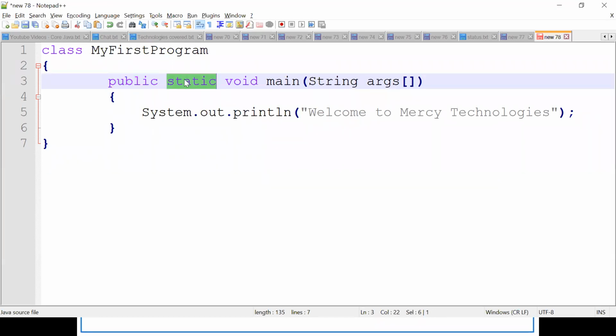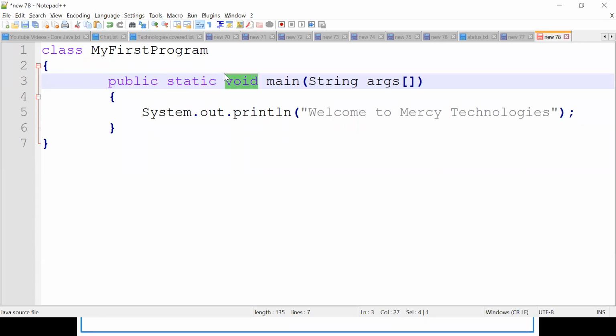Everything belongs to Java, right? It has its own meaning that we will see later. But for now, you can understand that these purple colored words are reserved words, right?